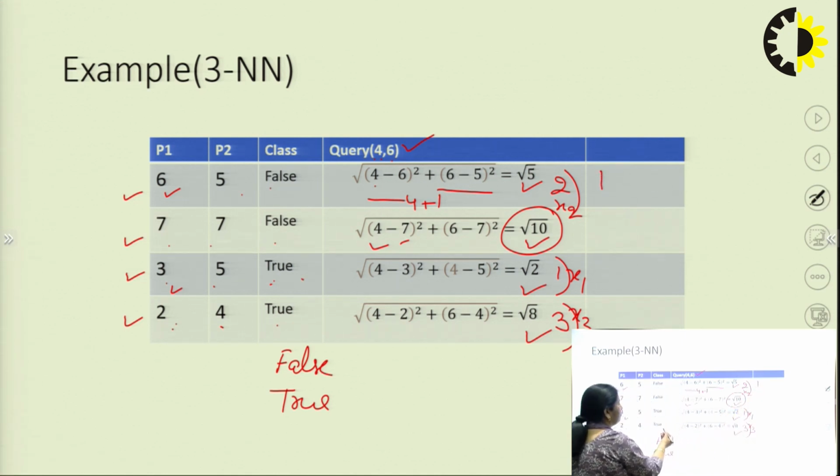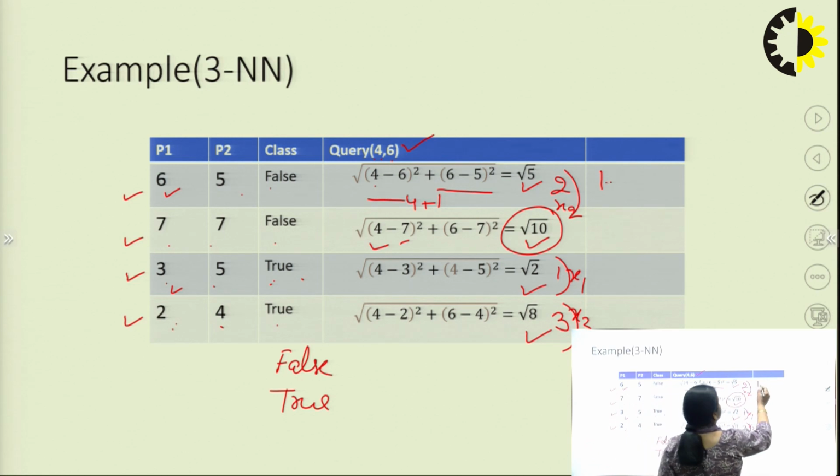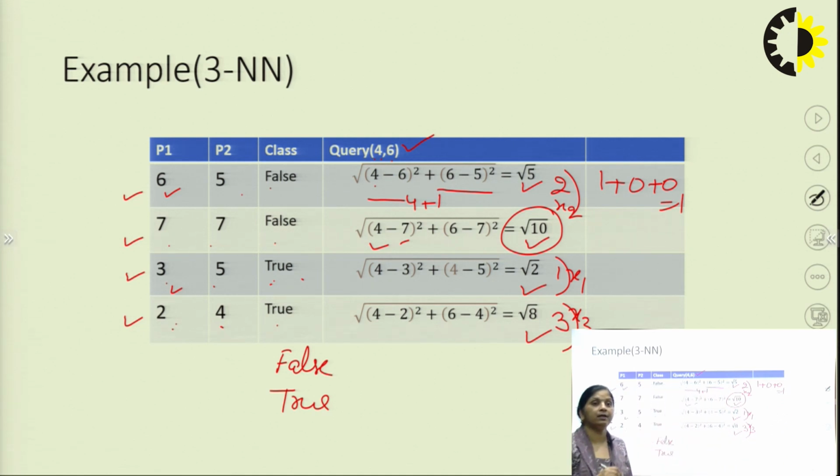These 2 are not matching, so the delta value will be 0. So 1 plus 0 plus 0. This is for false. So what count am I getting for false? That is 1. And when I take the second class, true,